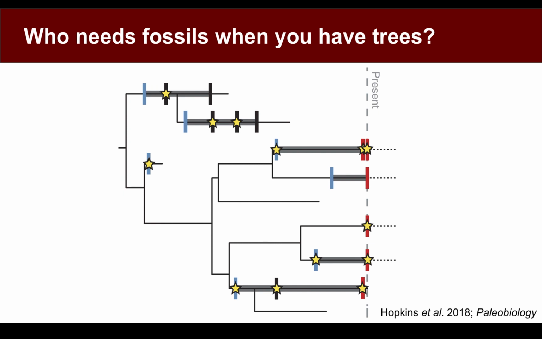So a more recent development in this field that's been incredibly important is what's called the fossilized birth death model. That was come up with by Tanja Stadler, effectively a mathematical biologist. But it turns out to be incredibly useful and important to us as paleontologists, and we can use it to do lots of really important things. It can help us, again, think about things like origination and extinction in the context of a phylogeny. But phylogenies are also really important in showing us where we might expect to sample lineages that we might not actually have been able to sample. And so it can help us get to sampling time series as well.